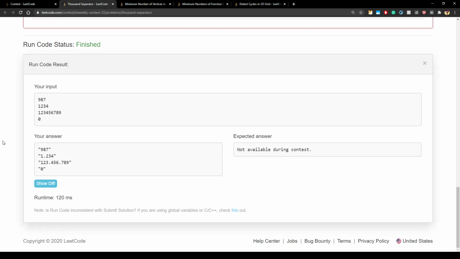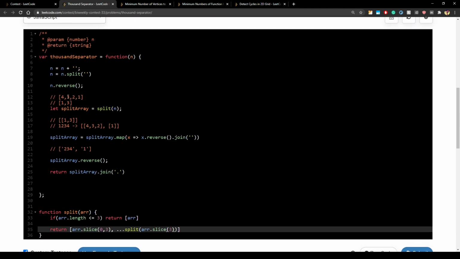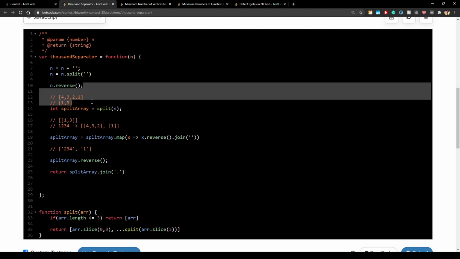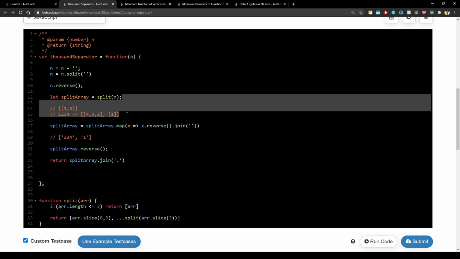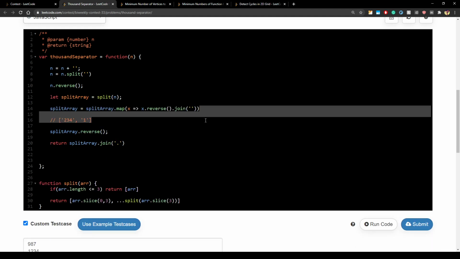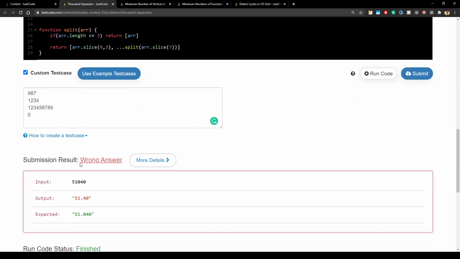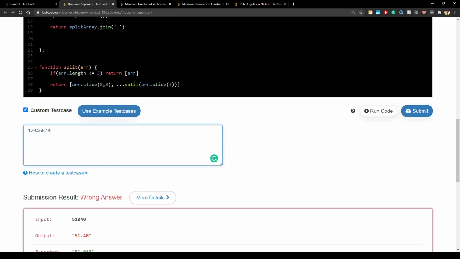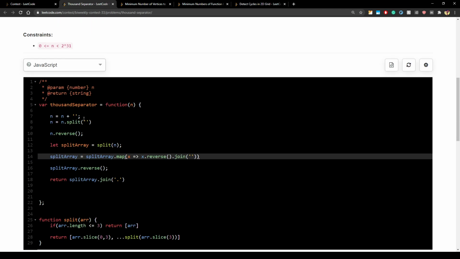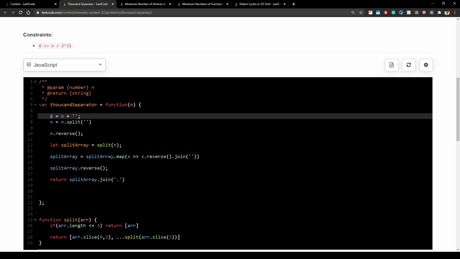So this is working fine. Let us just run through the code once more, because I'm using quite a bit of JavaScript and it might not be similar for other languages. We will run it for one input and see at each step what the output is. Let's create a custom input: 1 2 3 4 5 6 and then 7, okay, let's call it 7 8. I'll put console logs everywhere I think I need to explain.